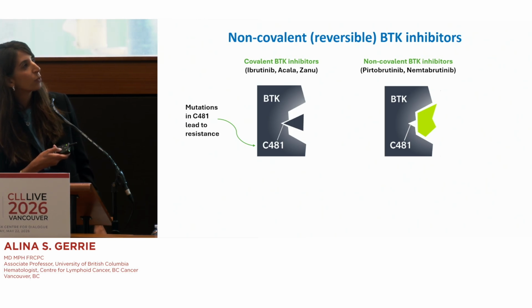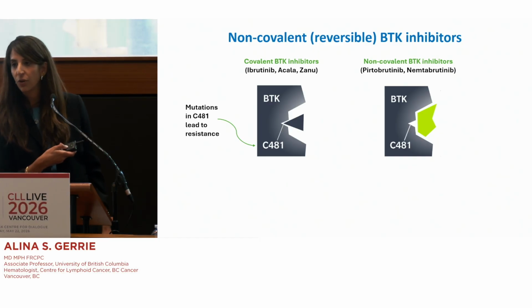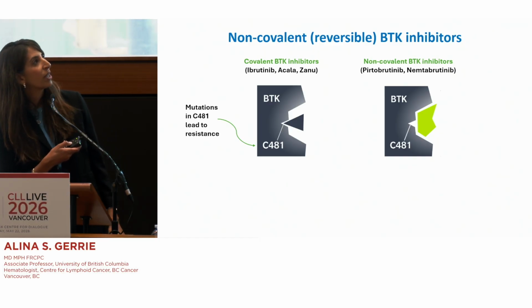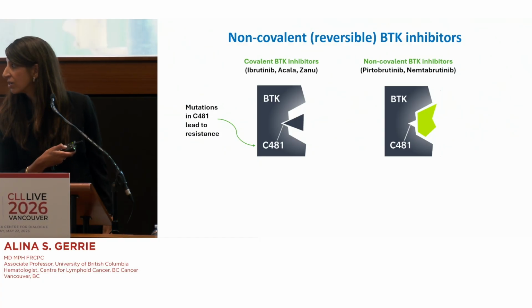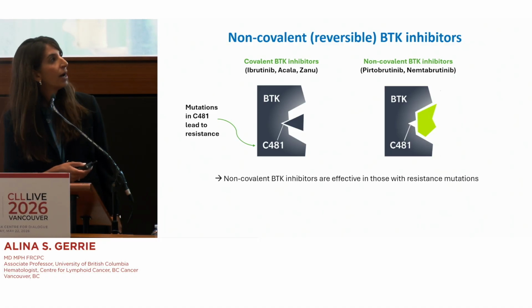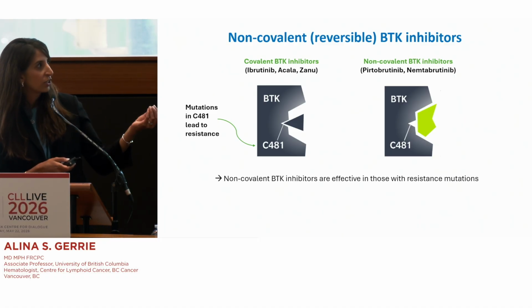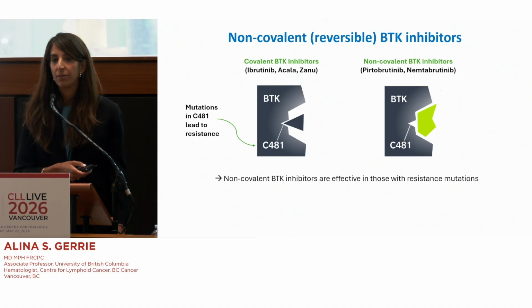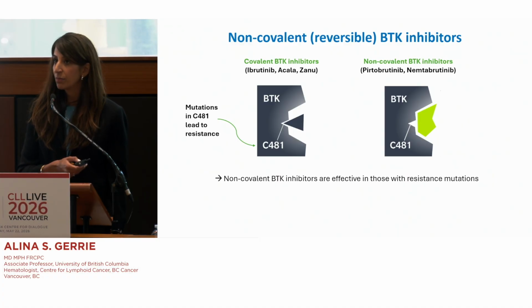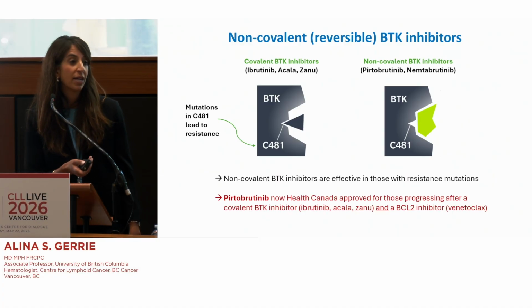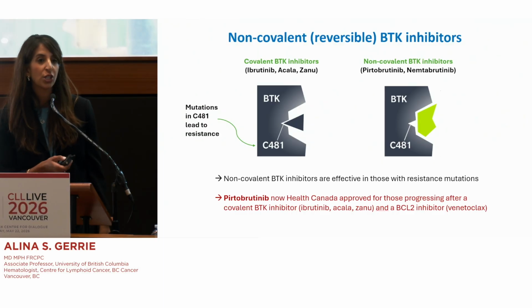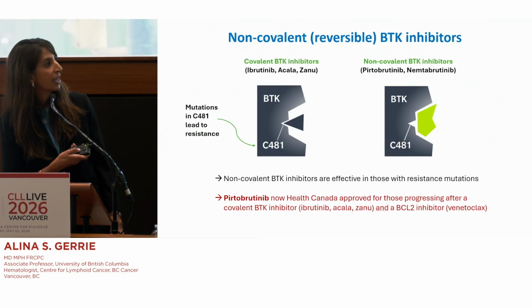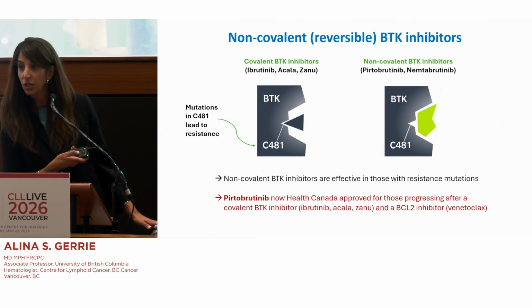So they actually can work in patients who've developed mutations or resistance to this C481. And so patients who've developed resistance to these drugs, we've seen in clinical trials that they can then respond to these drugs, these non-covalent BTK inhibitors. So clinical trials have shown that the non-covalent BTK inhibitors are effective in patients with resistance mutations, and pirtobrutinib is now actually Health Canada approved for patients who progress after a covalent BTK inhibitor, so the original BTK inhibitors we